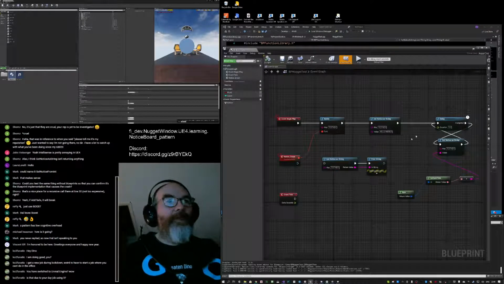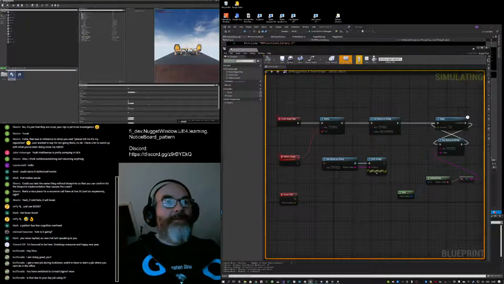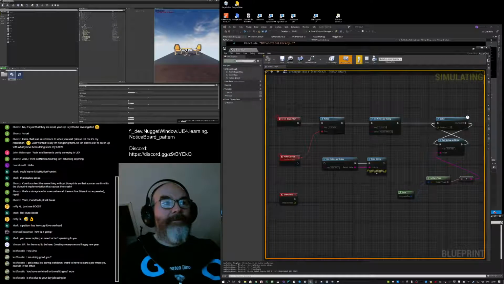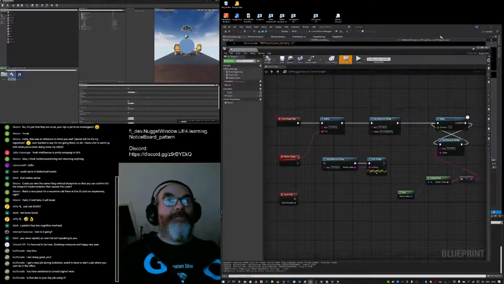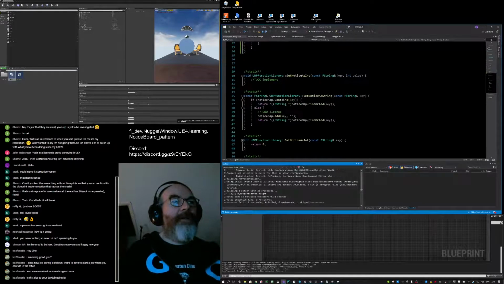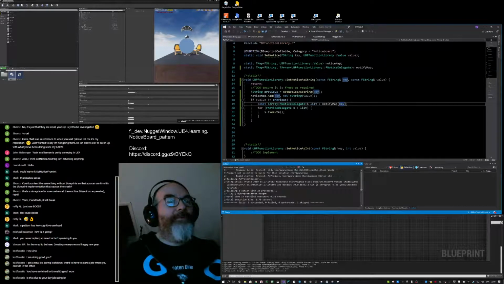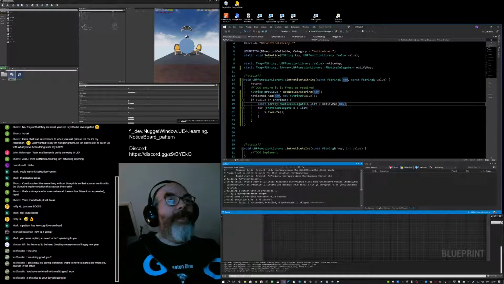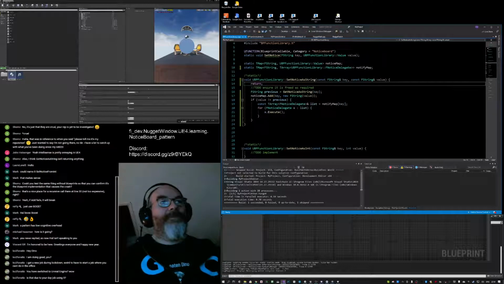So the test is: run it once, stop, and then run it again, and stop, and no crash. So that's progress, right? That indicates that the crash happens in this code, because it didn't happen on the return.